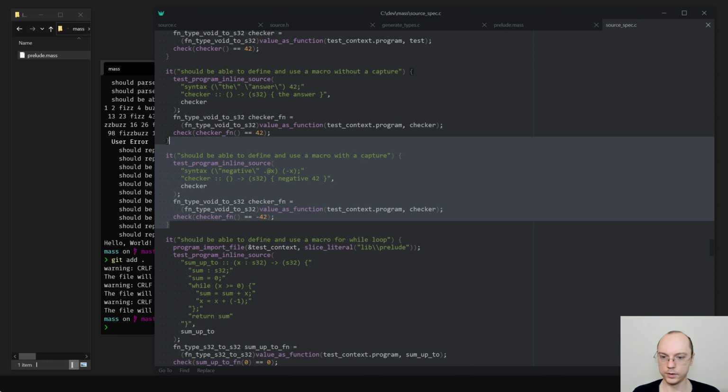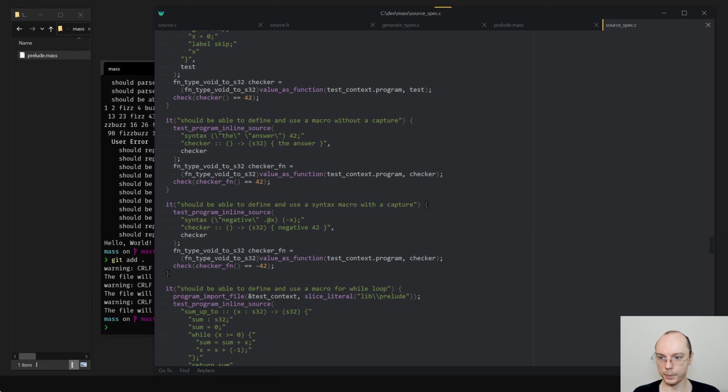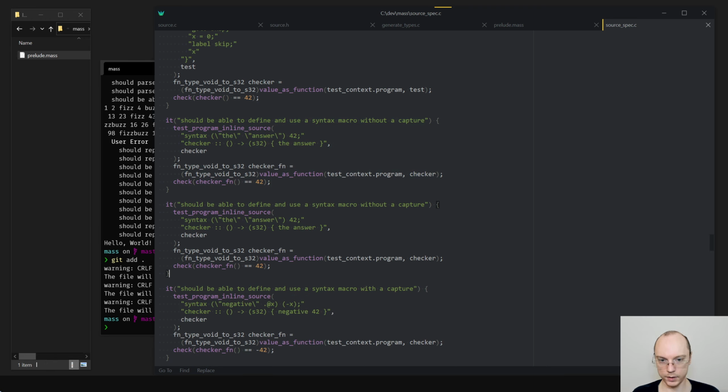Well, let's do start and end of statement. We should be able to define and use a syntax macro. Syntax macro. Matching start and end of statement.